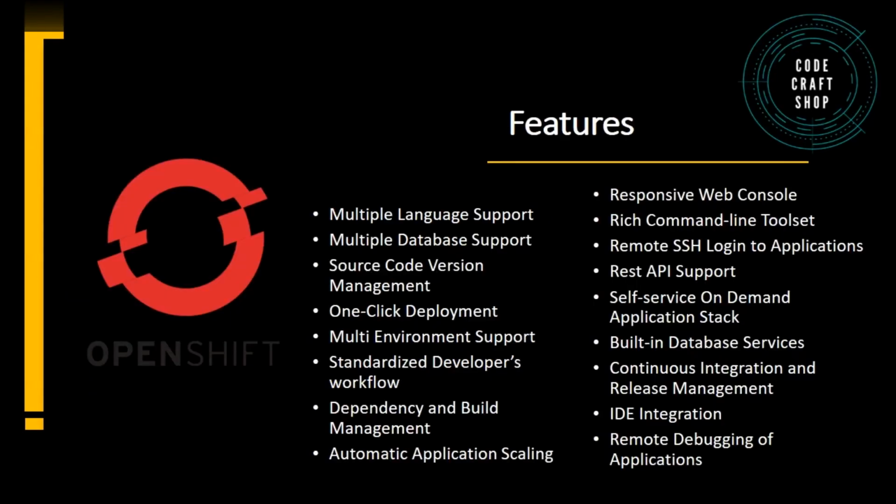These are the main features which OpenShift provides, and these features make OpenShift a rich platform. The first feature is multi-language support. It supports all the latest languages that we have in the market like Java, Node, React JS, Perl, Ruby, Python. So it has multi-language support. Besides this, it also has the capability to support a lot of databases on the cloud. It also manages the source code management system.